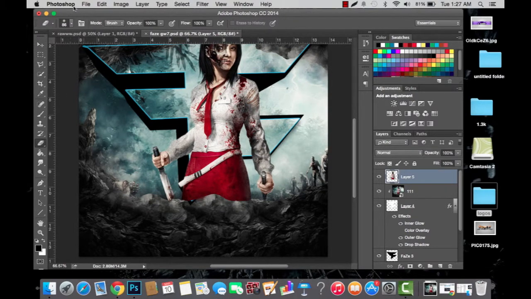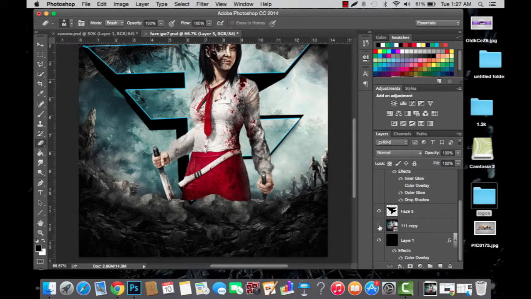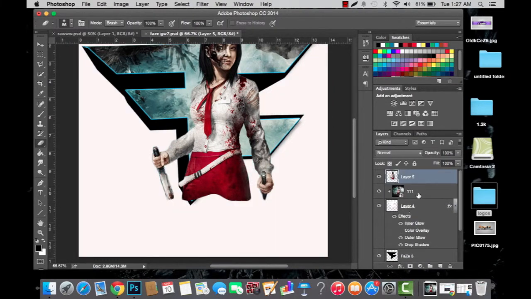And so just grab the eraser. Let me just turn off my background image so I can see what I'm erasing. So then just erase. You don't want to erase the hand, just erase the skirt. And it erases up to that point of the logo outline, because inside our logo we have the same image,